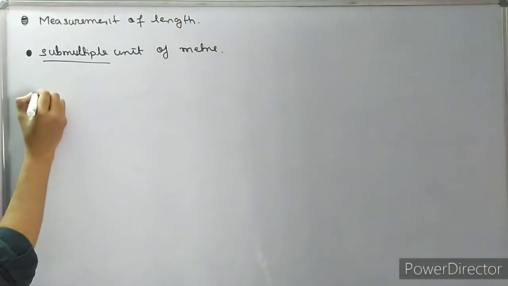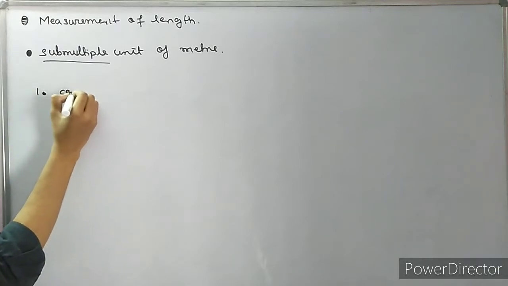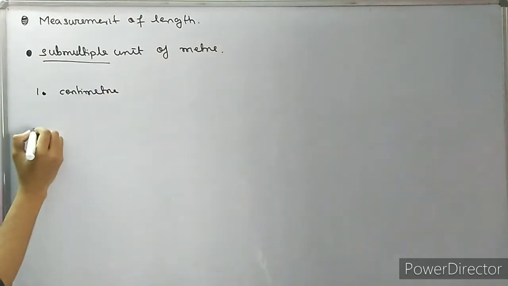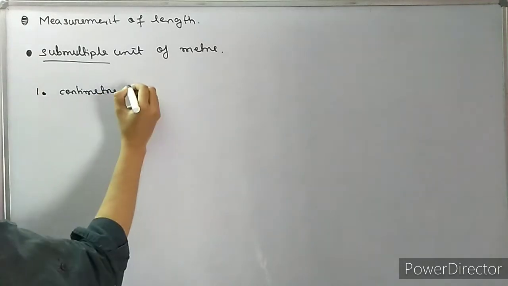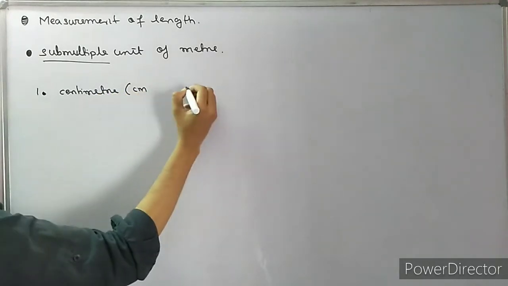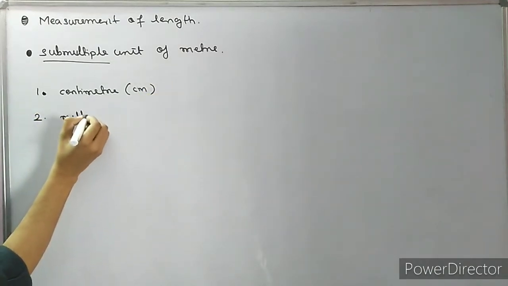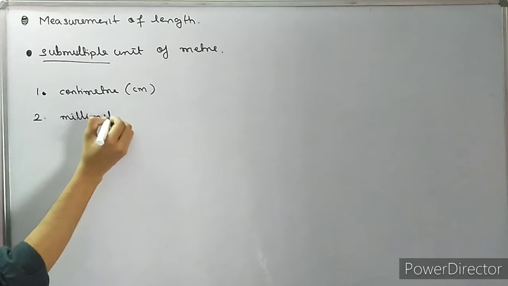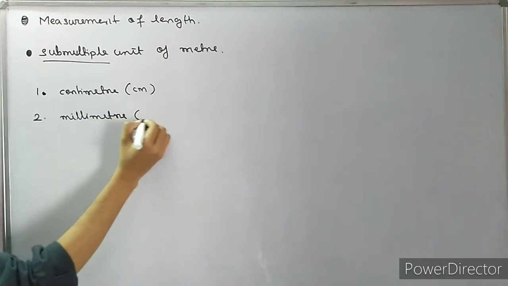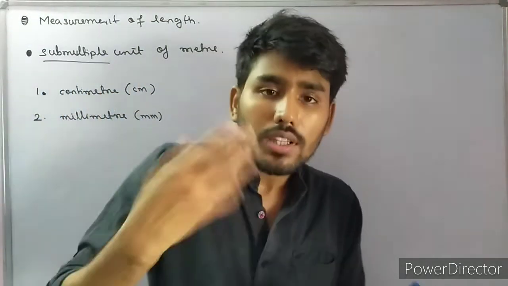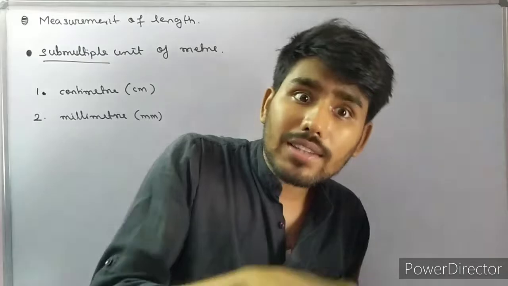Number one is centimeter, and the other one is millimeter. Now just try to understand that centimeter and millimeter are units smaller than meter,